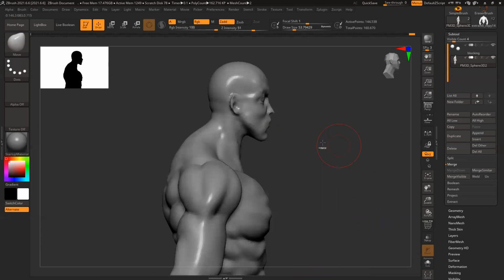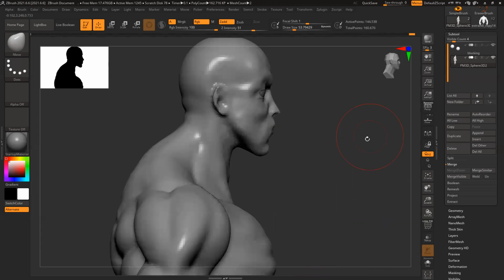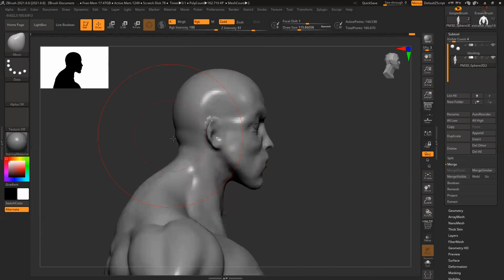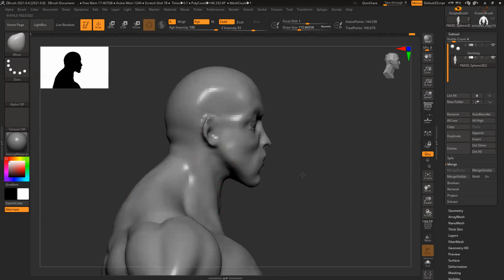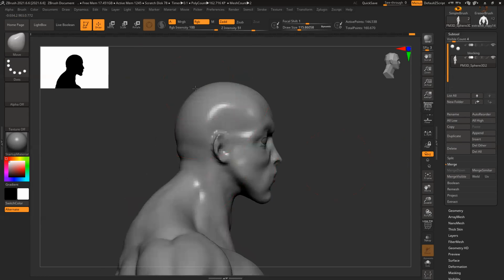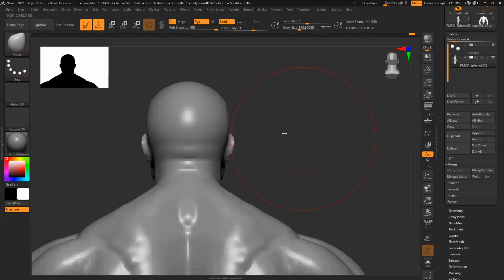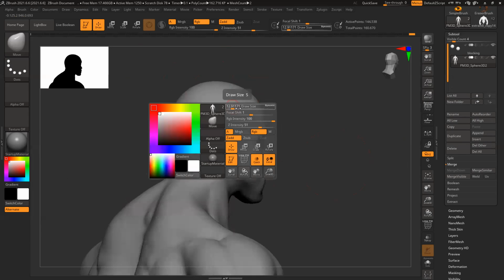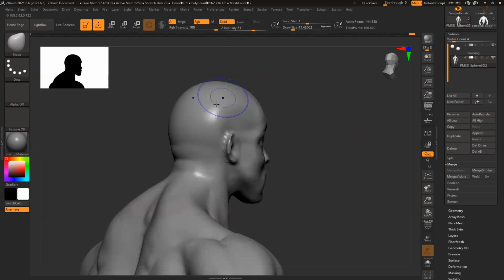These are also a few things that we do. Slightly broaden it. Soften the sides.